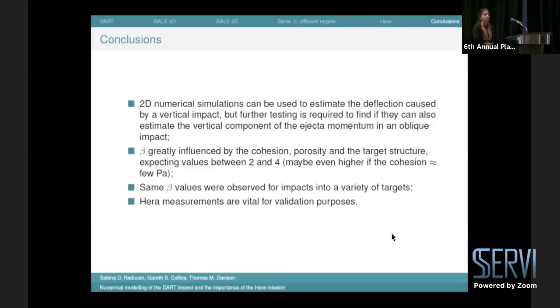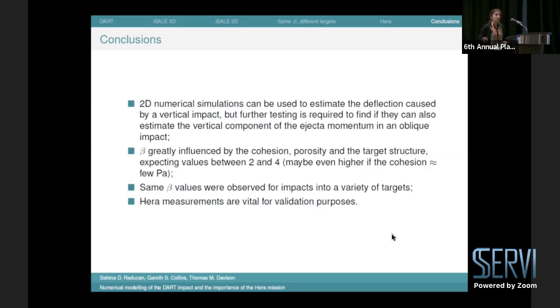So we've seen that 2D simulations can be accurate enough to model vertical impacts, but we need more testing to see if we can also use them to tell us about the vertical component in an oblique impact. We've also seen that beta varies a lot with cohesion, porosity, and the target structure, and we can get values anywhere between 2 and 4. But I want to emphasize here that cohesion is really important. And if the cohesion is anything like what we see on Bennu and Ryugu, then we can expect even higher